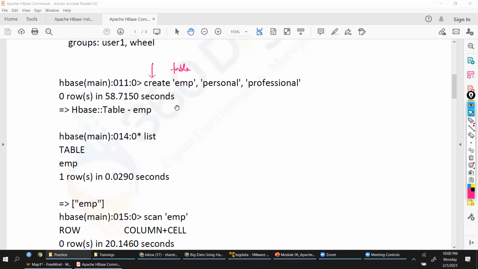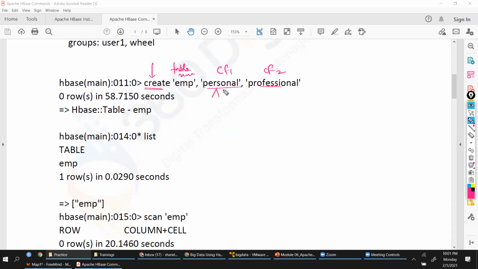Okay. So we are using this keyword called create. Then we have table name. And what do you think these are? These are column families. These are called column family, not column names, column families.